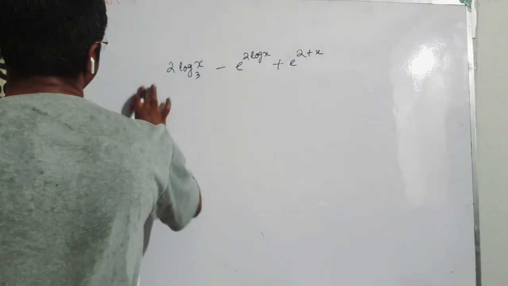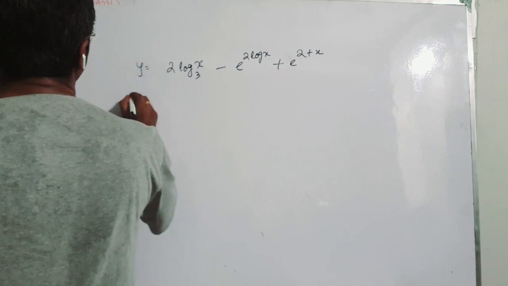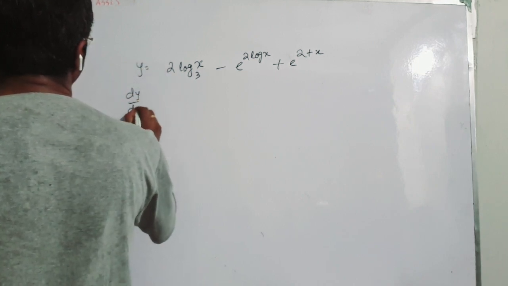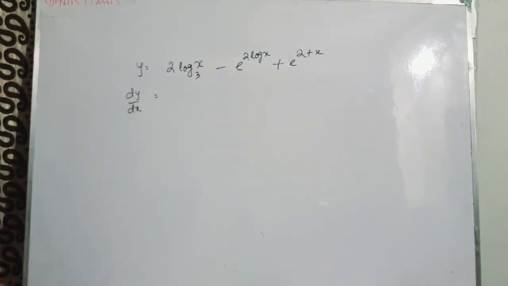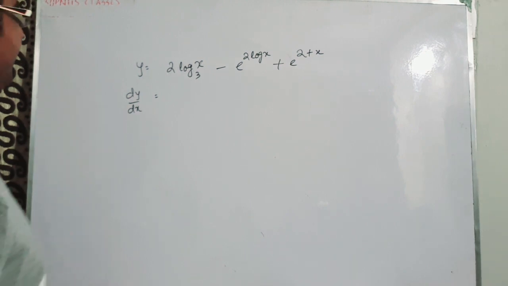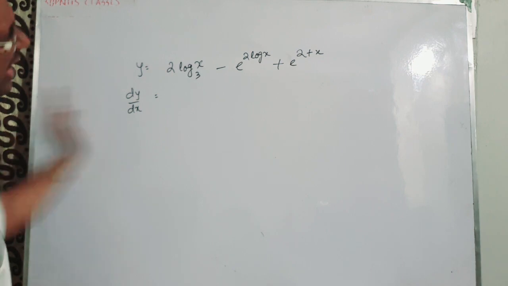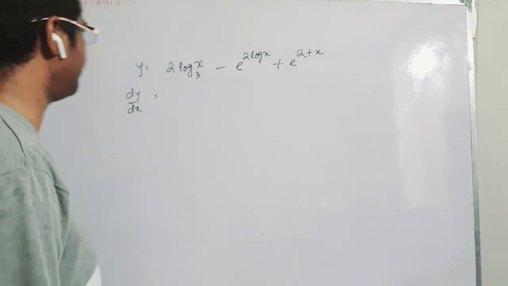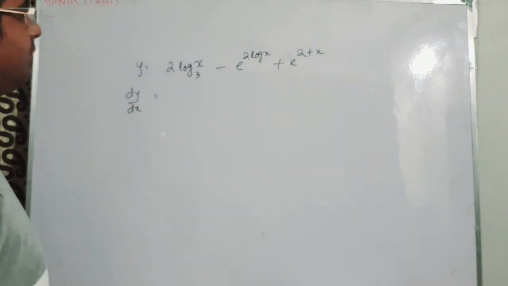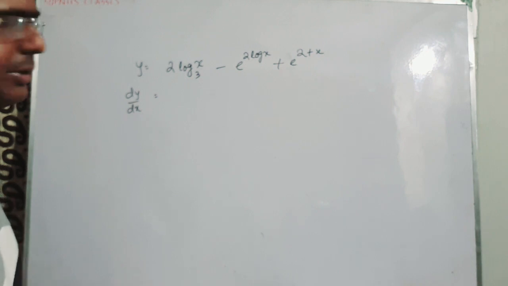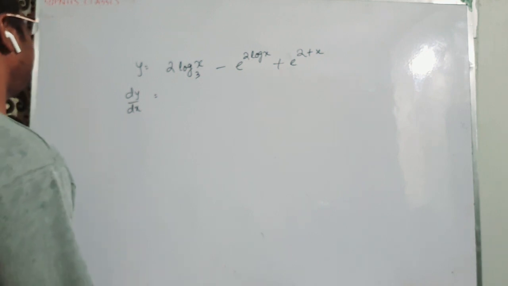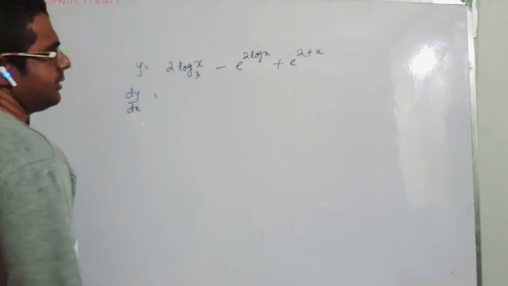So this is basically y. So you need to find out dy/dx. Okay guys. So see, you can do it in two ways. One is those who are very well conversant with differentiation, they will directly do this. No problem for them. But those who are not conversant will have a bit of a problem, so for them it is better that you just differentiate it by parts. How?